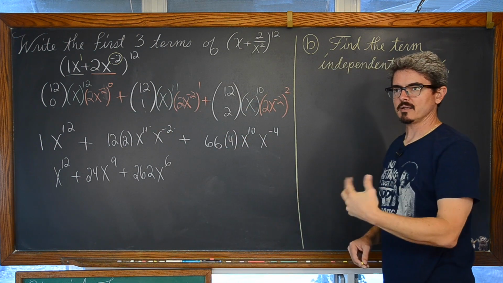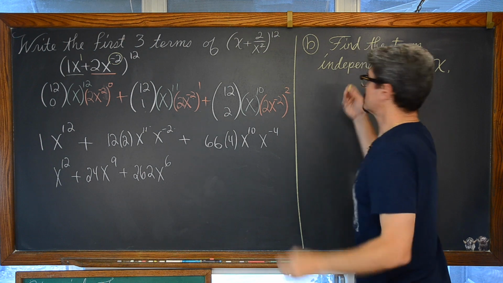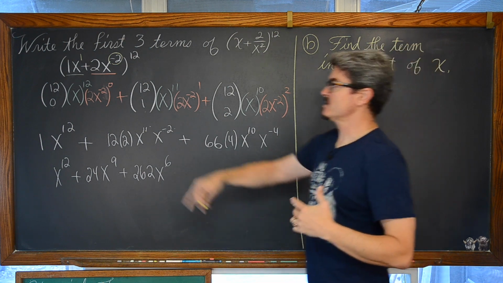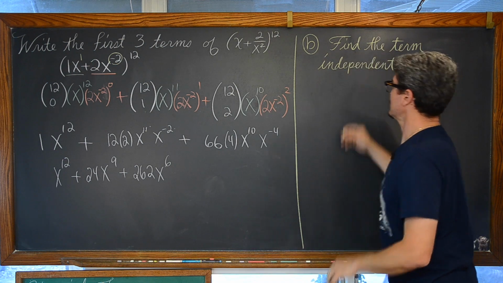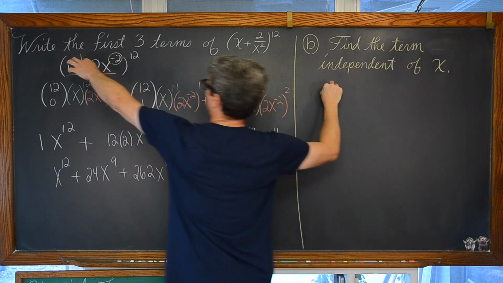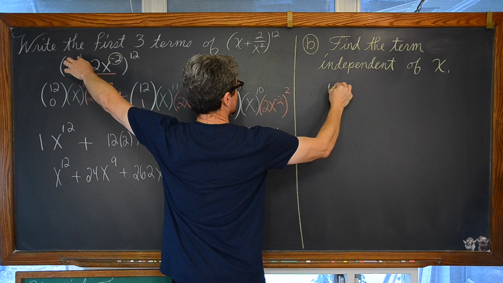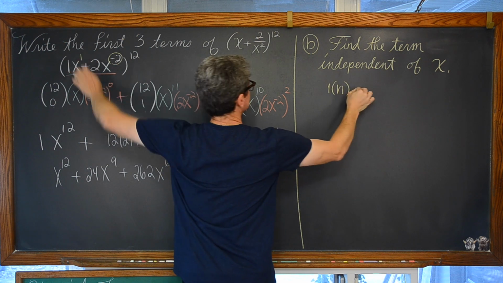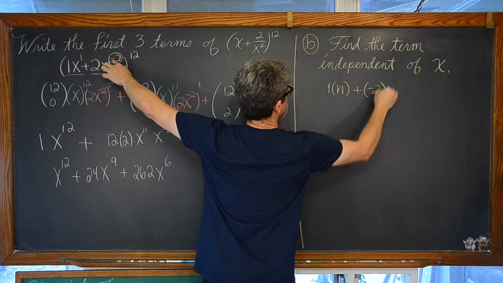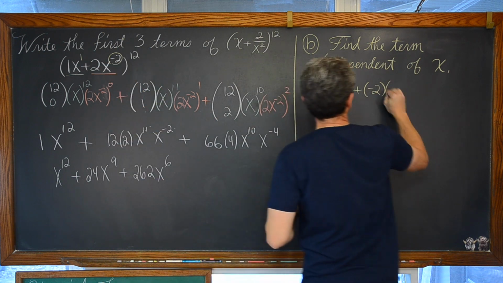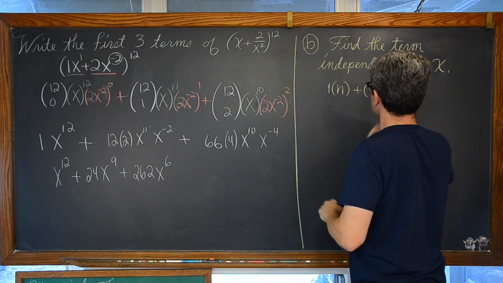So in terms of what's going on with the exponents, both the first and second term have that base of x. We have an exponent of 1 getting multiplied by n